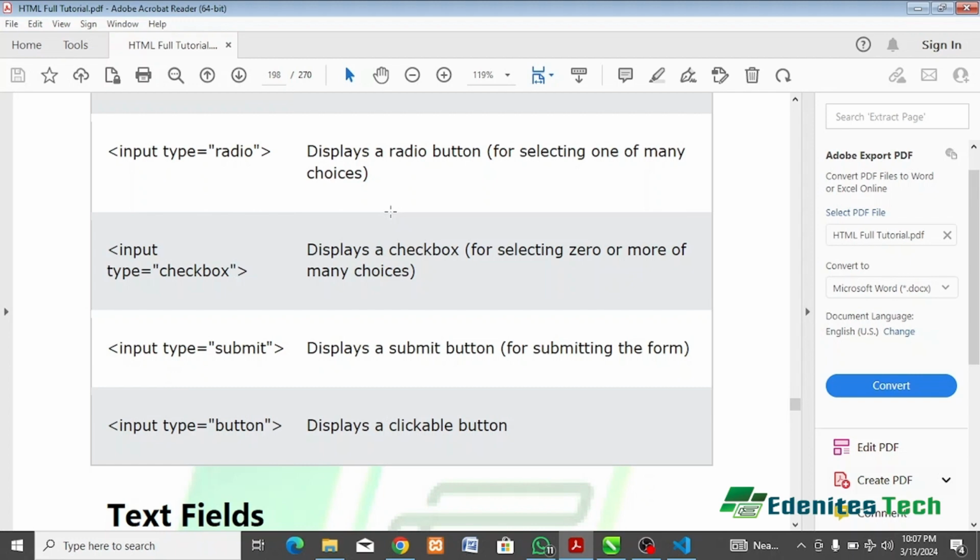Displays a submit button for submitting your form, that will now have input type button, which displays a clickable button. Note that you also have other input types, like input type number. That allows the user to input numbers, especially whole numbers, but it can still allow the user to input decimals. But there is an attribute used to handle that, which I'll be showing in the course of this